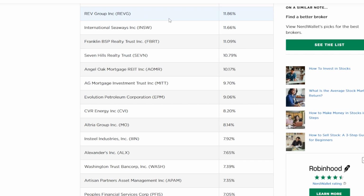Now, chasing high yield different dividend paying stocks and ETFs is not a good idea whatsoever. And again, this is specifically talking about buying into something, spending your hard earned money just because a stock or ETF is offering a higher than average yield. Now, this is because dividend yield on a stock or ETF is just one of the things to look at. There's a lot of other things to look at when analyzing an investment. I'm talking about things like a company's debt, a company's payout ratio, or even, here's a magical one,